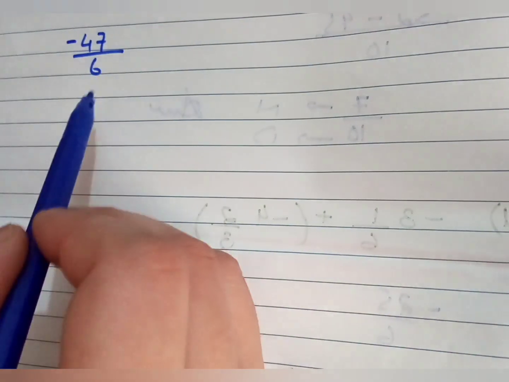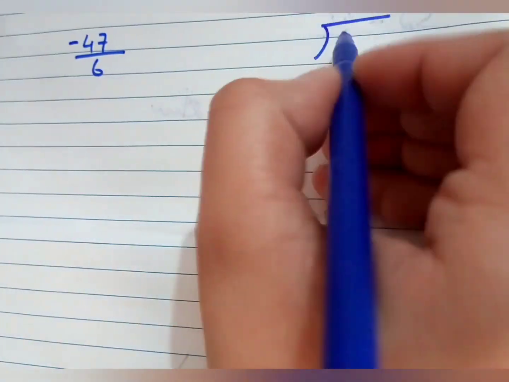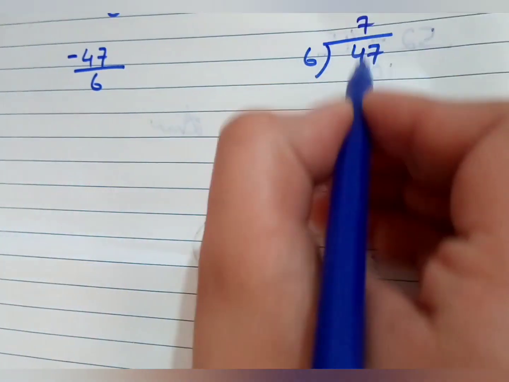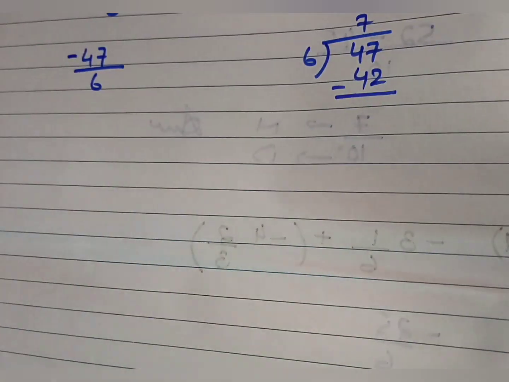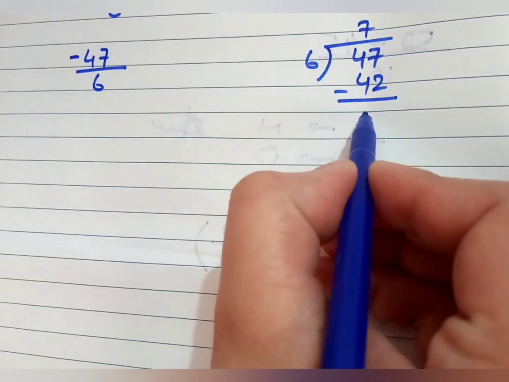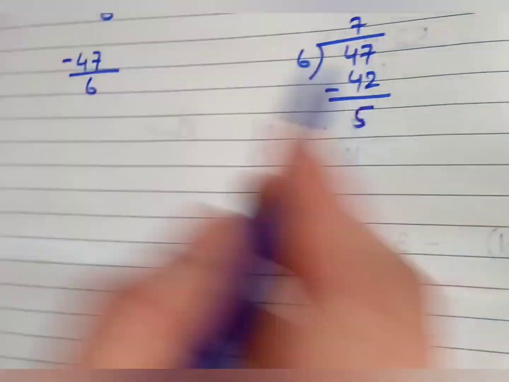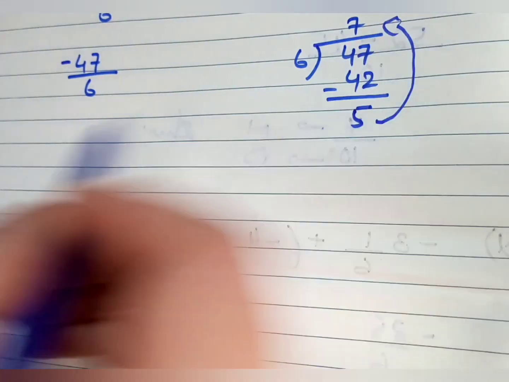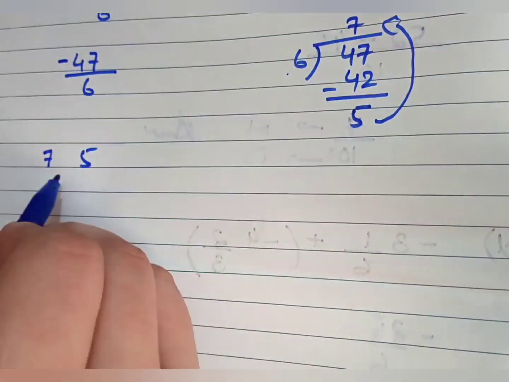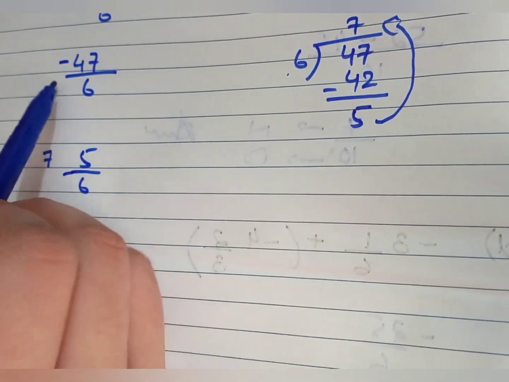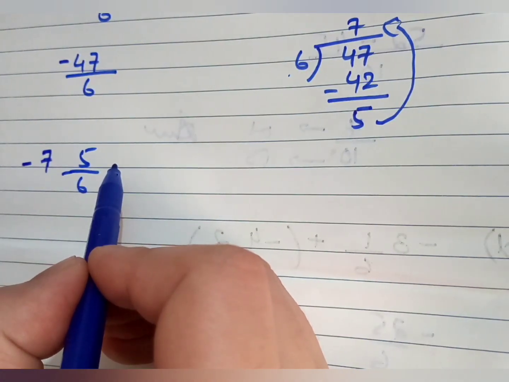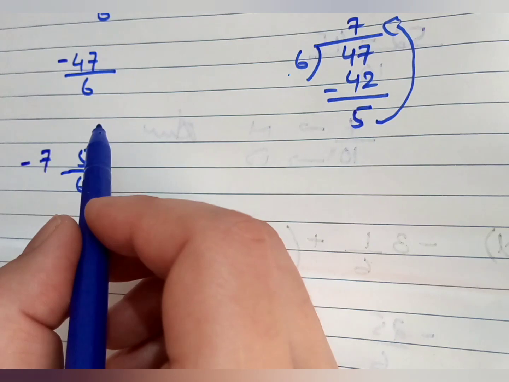Now minus 47 by 6 is an improper fraction. We convert this into mixed form. 47 divided by 6. 6 sevens are 42. 47 minus 42, we get 5. So we write this in mixed form. Write the remainder on the top, in the coefficient place, 5. This coefficient goes towards the divisor and this divisor goes toward the coefficient. Now which sign will we place? We have the minus sign. Carry this minus sign forward into the answer. So that is your answer of the fraction, minus 47 by 6.